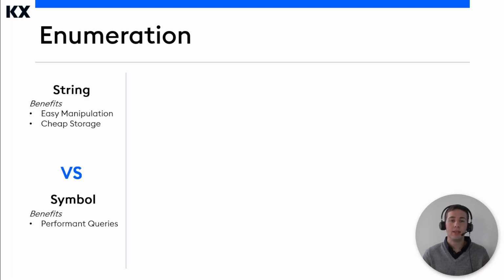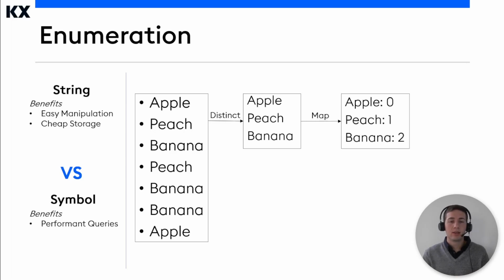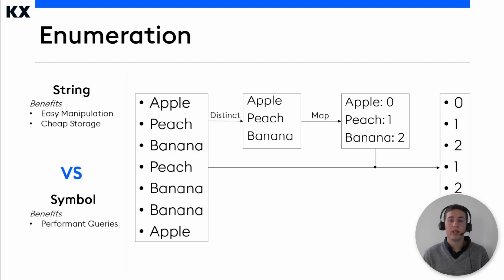Enumerations are a way to ease the storage burden of symbols by associating a data set with the set of its distinct values. For example, if we have a list of fruit as follows and extract the unique values from this, we can then use the index of this distinct list to associate a number with each value. This positional index can help to transform the original list of categorical values to the list of integers. And this is how enumeration works, and allows us to store the